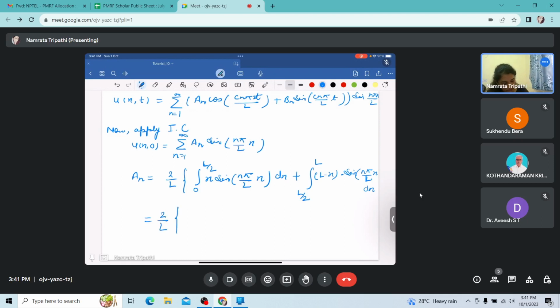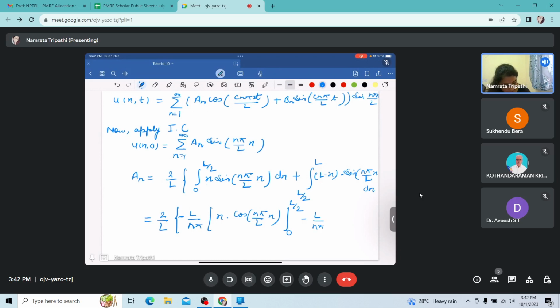So you can integrate. When you leave the first function, integrate the second function, then after integrating the second function you will get x into minus cos of n pi upon L into x, in denominator you will get n pi by L. When you write it in numerator as L upon n pi, this will be the first term, and the second term will become,